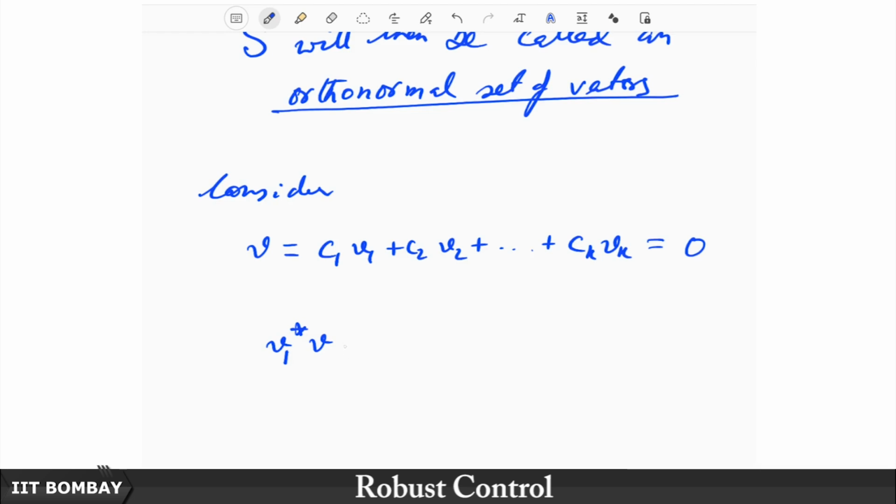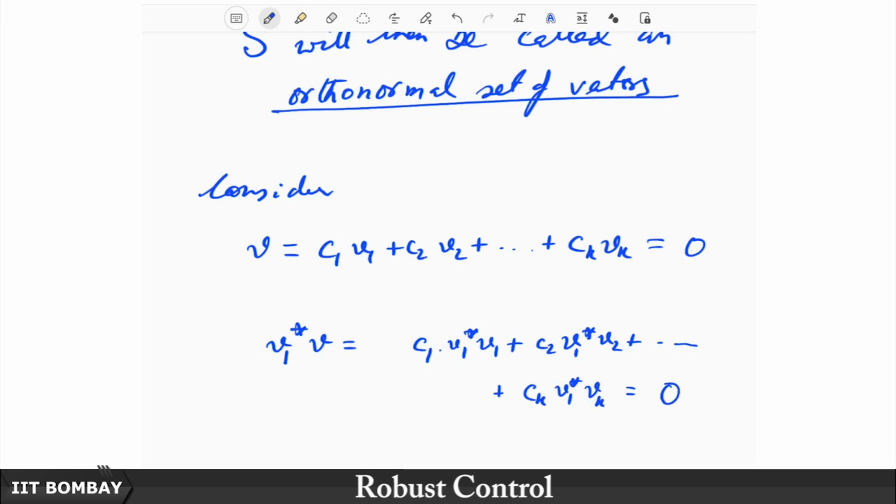We get that this is C1 times V1 inner product V1, plus C2 times V1 inner product V2, plus so on and so forth till Ck times V1 inner product with Vk,